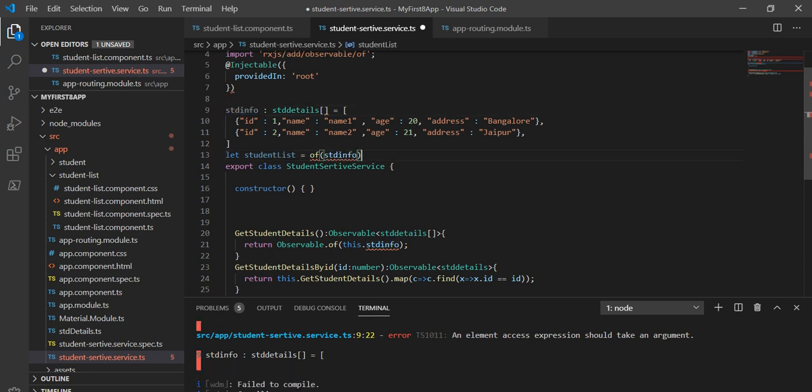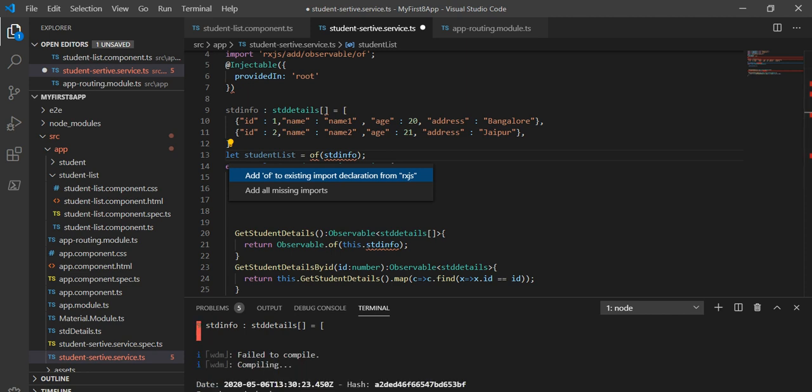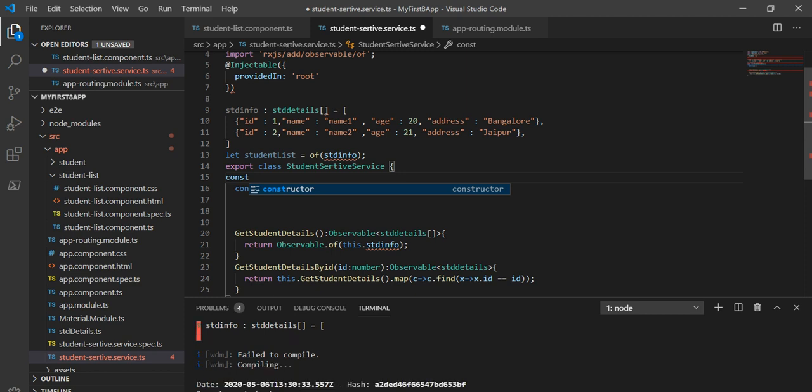So now the student list will contain this full information, and that route we have to take first from RxJS. And next we have to make this variable const.